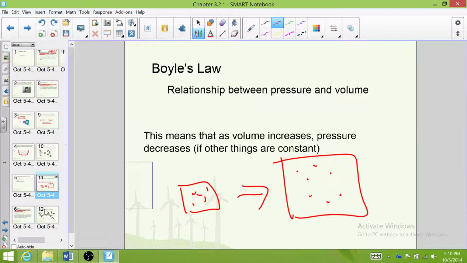And finally, the craziest equation that we have is called the combined gas law. And the combined gas law,